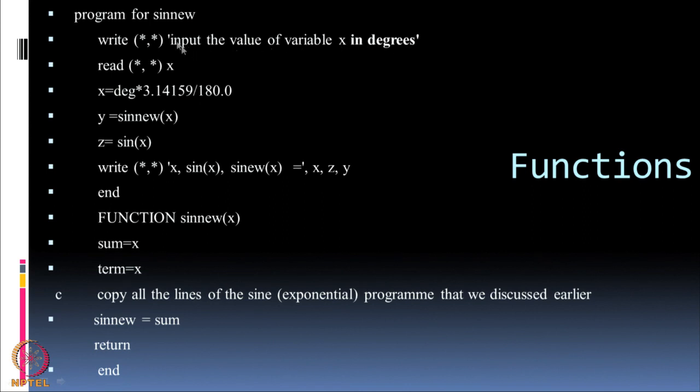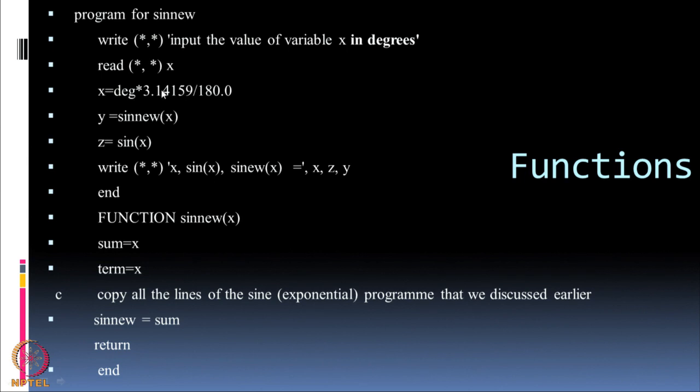As soon as you execute this program, this statement will appear on the screen. Then read star comma star x will read the value of x in degrees. Many of these programs use the value in radians, so the first thing you do is calculate x is equal to degree into pi divided by 180. This will calculate the value of x in radians.